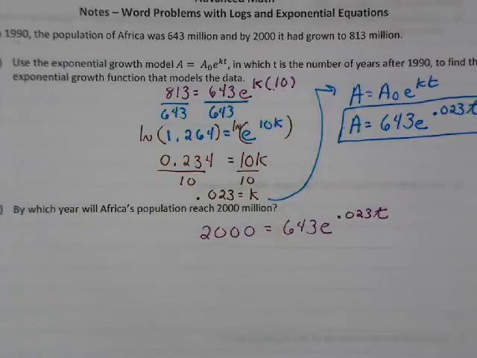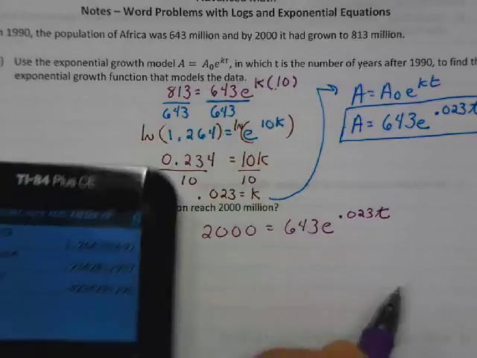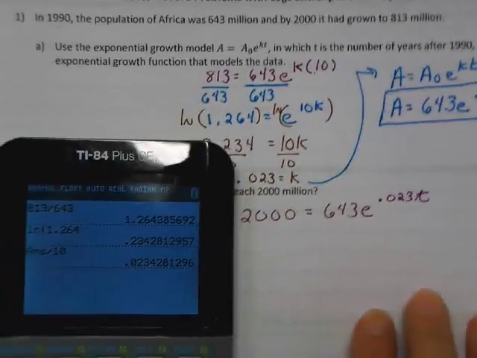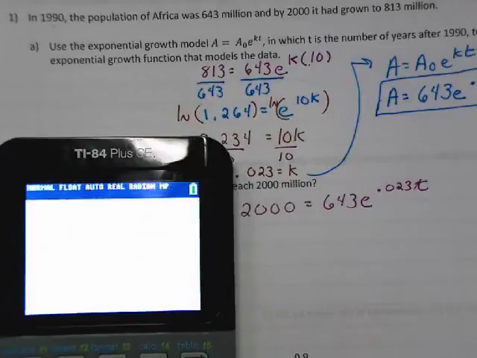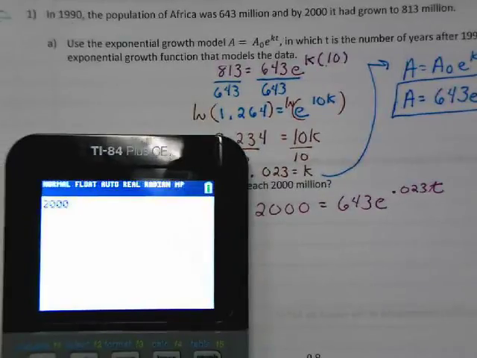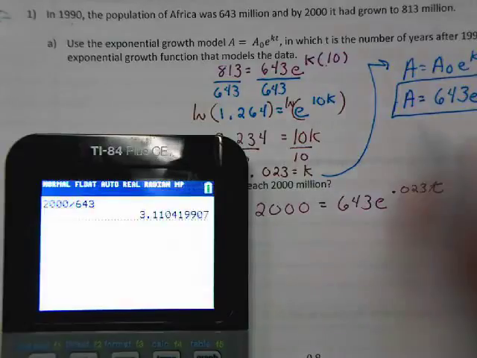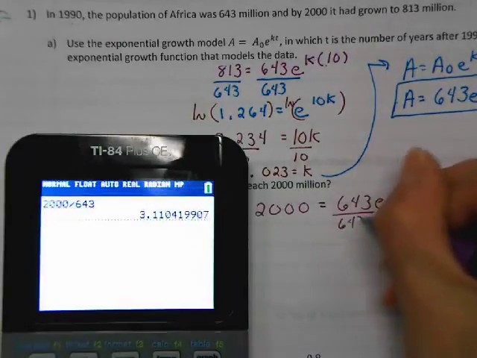Alright, so grab your calculators. I'll go ahead and put mine up here. I'm not so sure that you'll be able to see all my work. For some reason, when it backlights, sometimes it gets a little crazy. Alright, so 2,000. The first thing I'm going to do is divide by 643. So I'm going to divide each side by 643. And that gives me